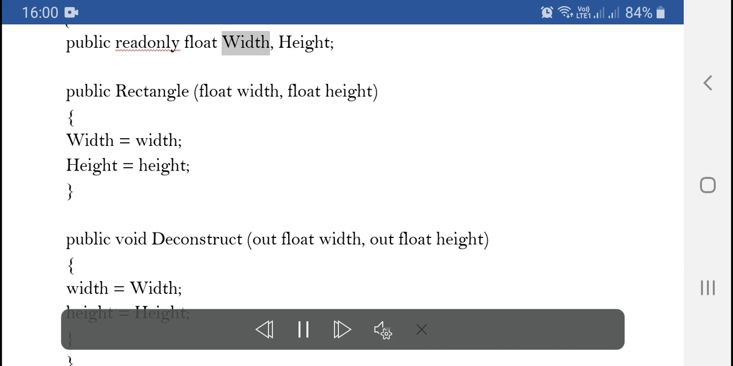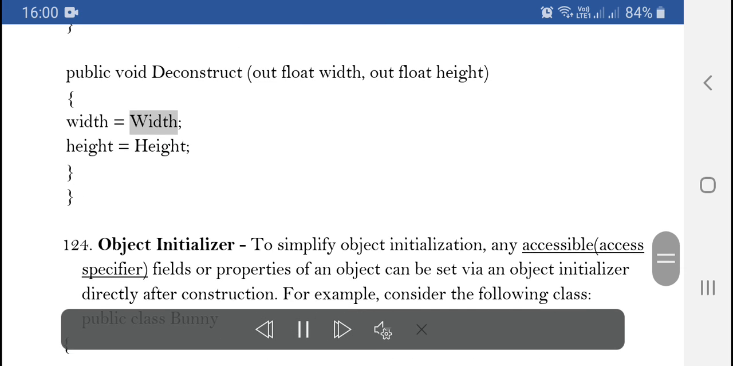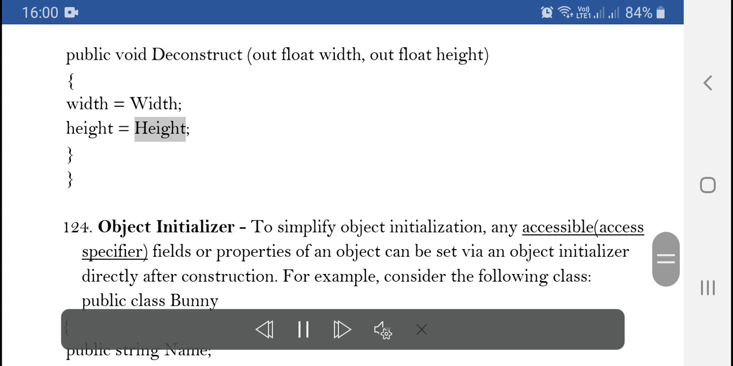Public readonly float Width, Height. Public Rectangle (float width, float height) { Width = width; Height = height; } Public void Deconstruct (out float width, out float height) { width = Width; height = Height; }